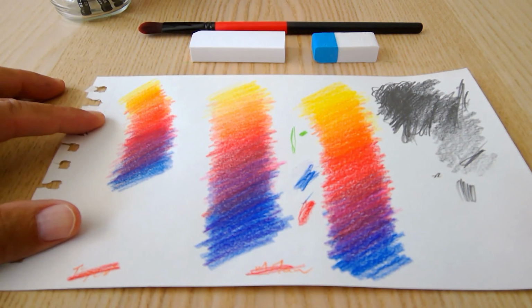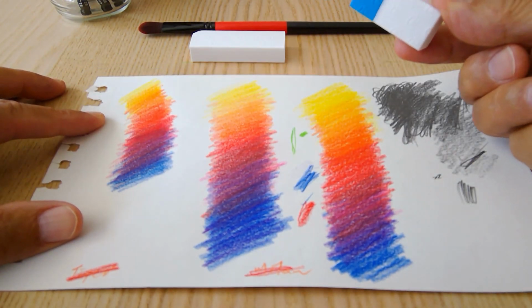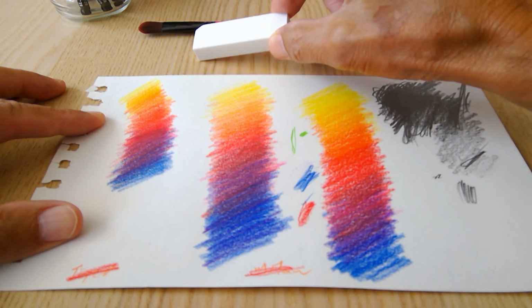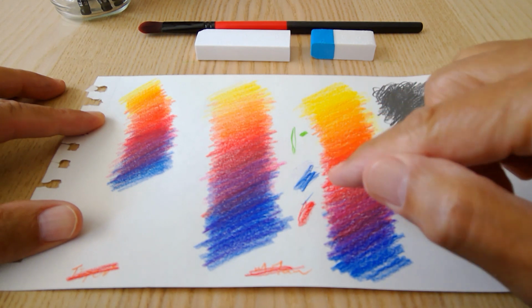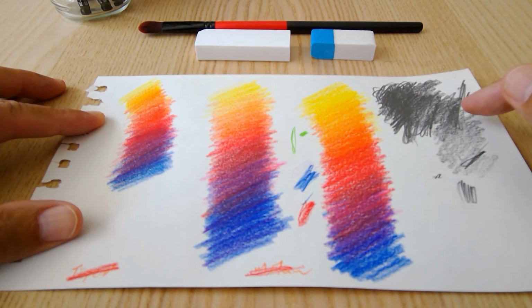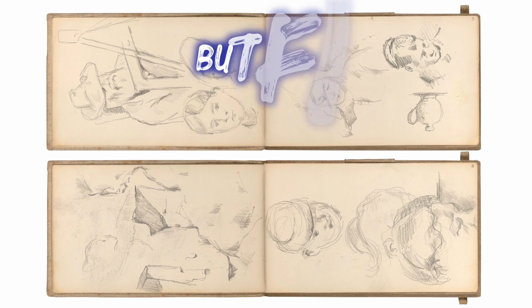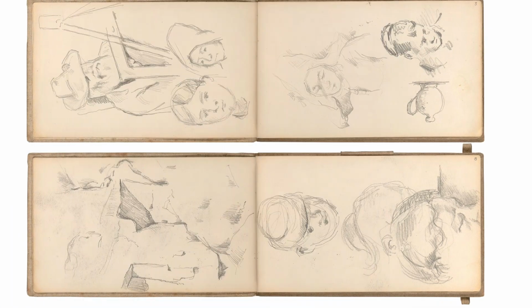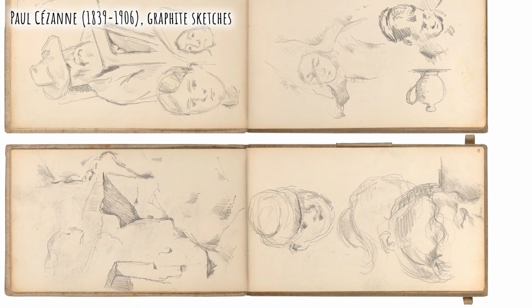Today we're going to look at some basic techniques for using your eraser or your rubber. I've got two varieties here and I'll talk about these. I've also got some color pencil drawing and some graphite pencil drawing, and I'll talk about how we deal with these. But the first thing I want to talk about is when not to use your eraser, specifically the creative